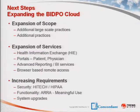I think the expansion of services is really the one that's having the biggest impact, though. The two big areas here are the health information exchange and the portal process. As the program's grown, we've gone from basically just providing EMR services at the practice level. Well, what's the logical next step? To be able to take that data and make use of it, be able to exchange it outside the organization, be able to provide real value to the patient community through some portals. So we're adding a lot of HIE